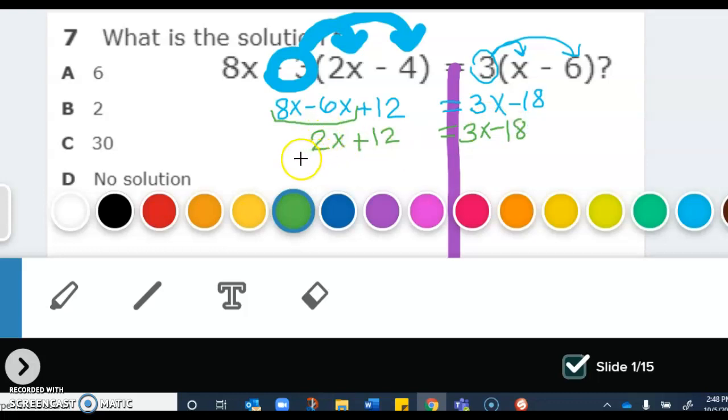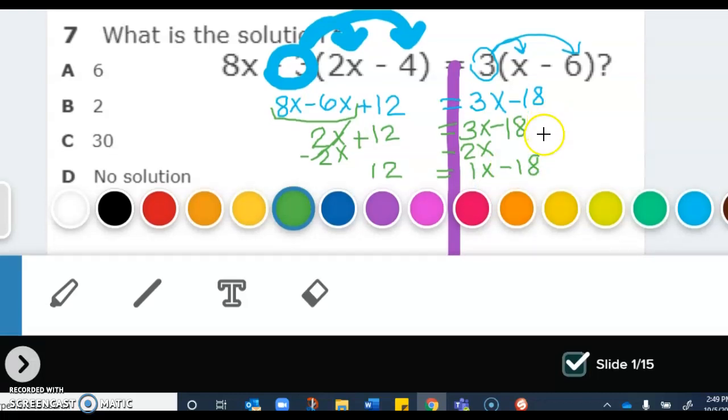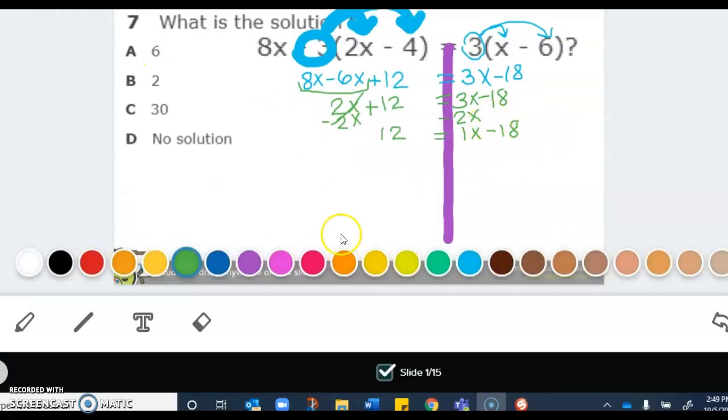So 2x, so minus 2x right here. Minus 2x on this side. This simplifies to be 0 over here. So I'm left with 12 is equal to 3x minus 2x gives me a 1x minus 18. Let me see if it lets me square it. So I want to move this